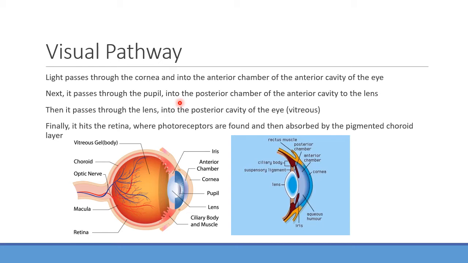What do you call that? What do you call it when you have a really wide open pupil? Dilated. What's the other name for it? Mydriasis, good. Or in a high light situation, you can constrict that back down and make a very small pupil. What do you call that? Miosis, yeah. Those are important things that will come up.